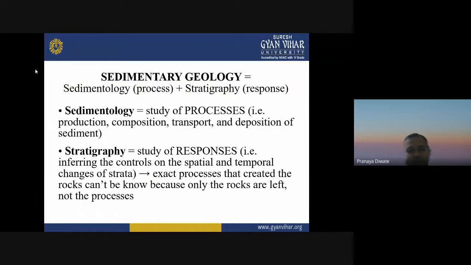This is Dr. Pranadute, and today we are going to discuss the concept of sedimentary geology. This is a part of your paper, geochemistry and sedimentology. We already discussed about the